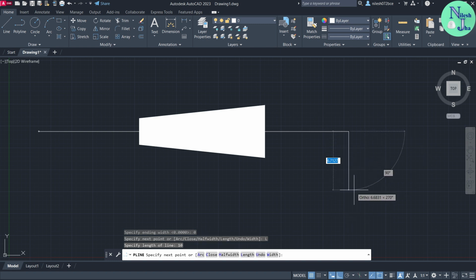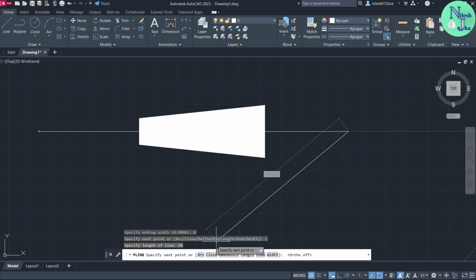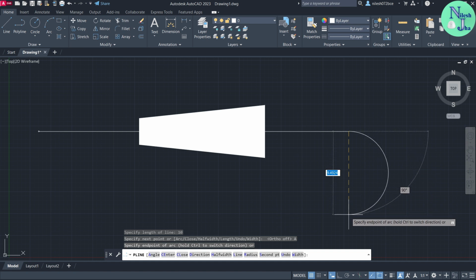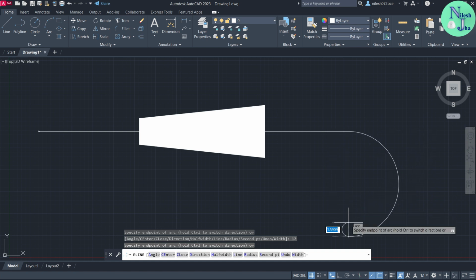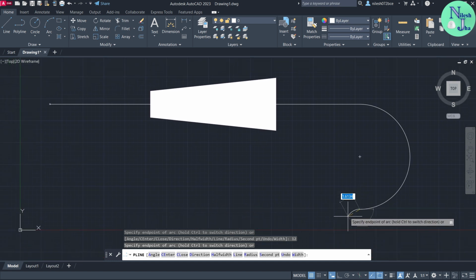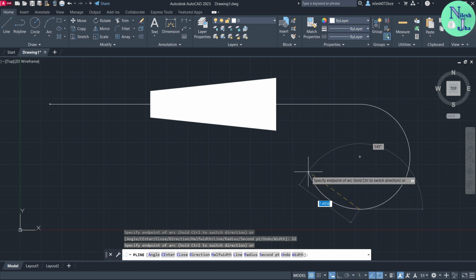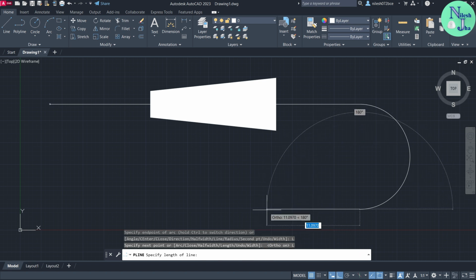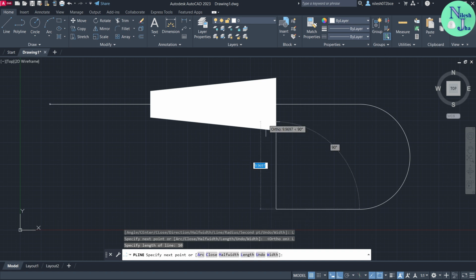Again if you want to create an arc, just select this arc and provide the radius. The radius I want to give 12 suppose, then the arc of radius 12 has been created there. And now I want again to create this straight line. To create the straight line, I will go into the line command, and then I will provide the length of 10 units. Okay, let me first switch on this ortho mode, and then I will provide the length equals to 10 units. Here you can see a straight line of length 10 units has been created.